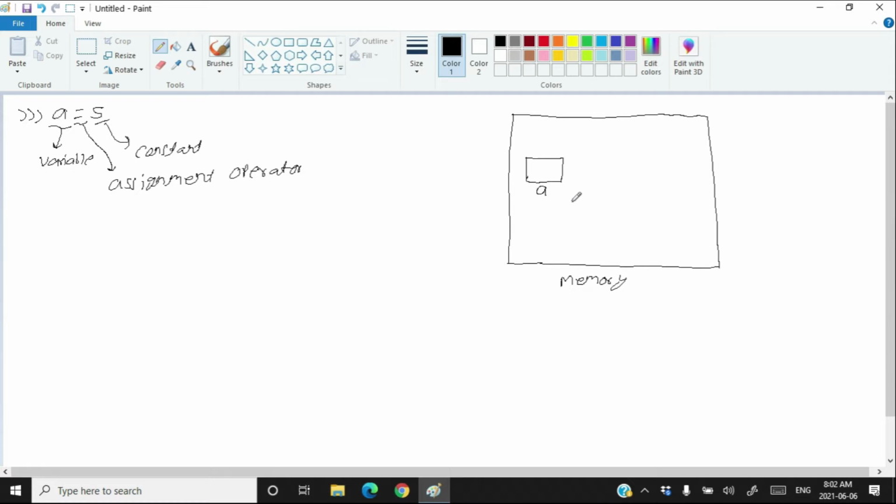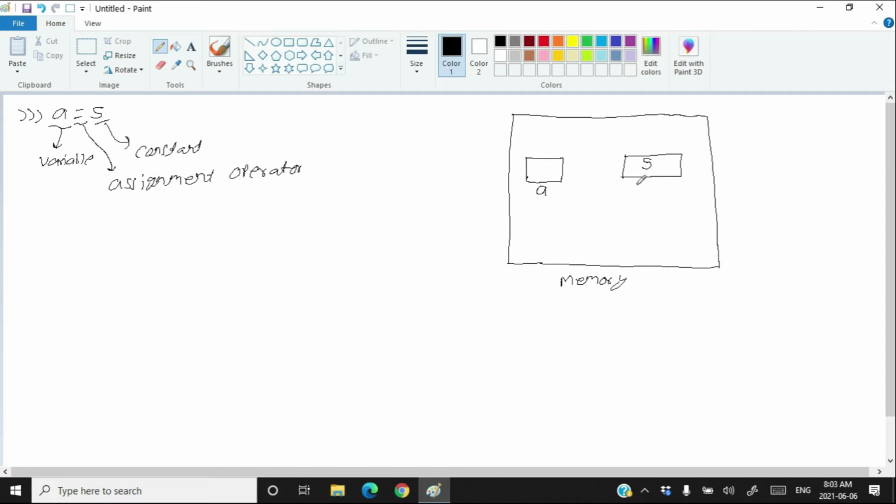A is the name of the allocated area of memory, so you have a dedicated memory allocated whose name is A. After that you have a value somewhere else in the memory, that value is 5.